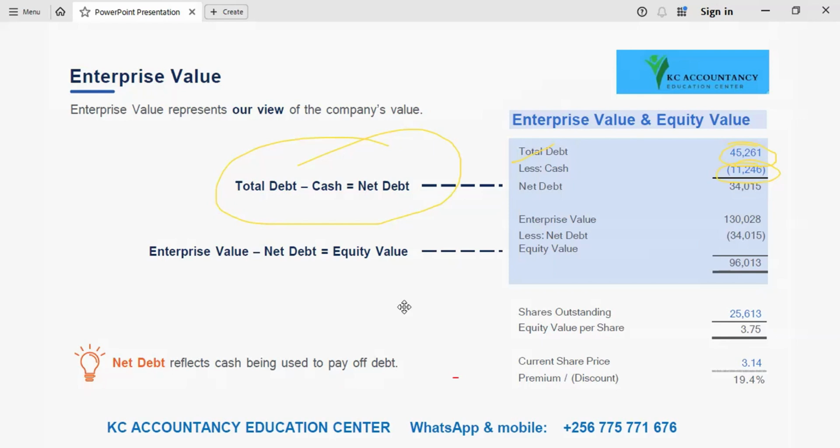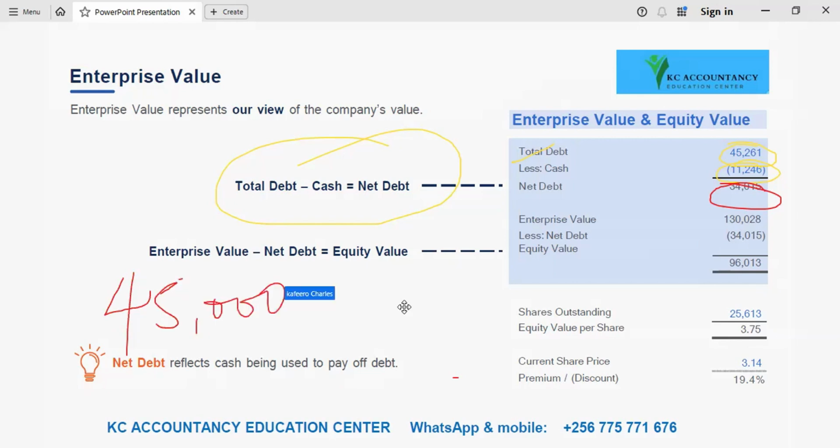And that gave us a net debt position of $34,015 US. That is the net debt position that we are in. Now, the way to think about this net debt is, if you had